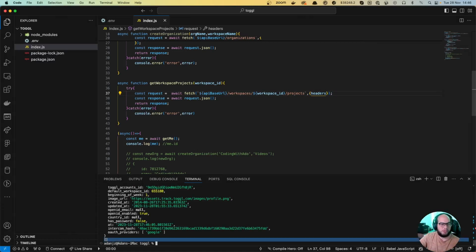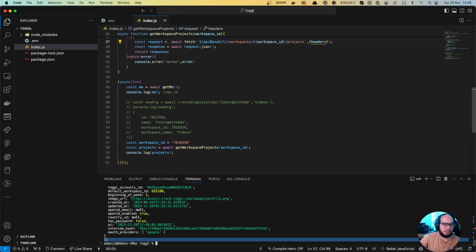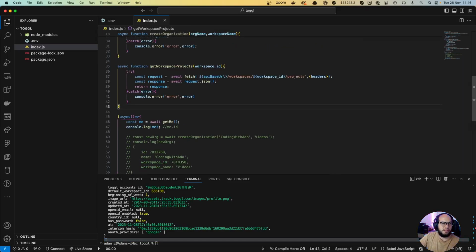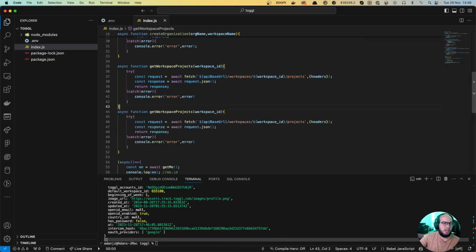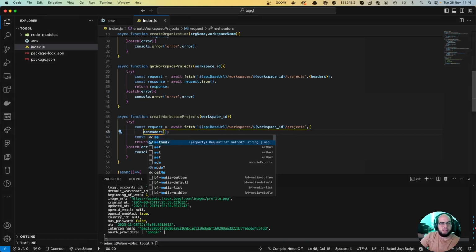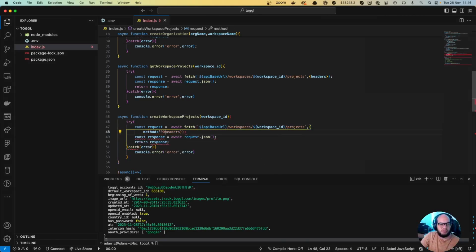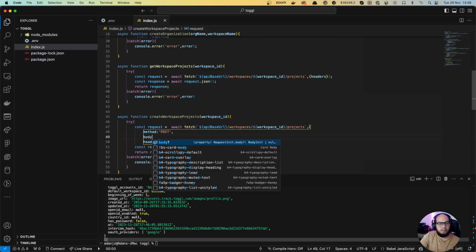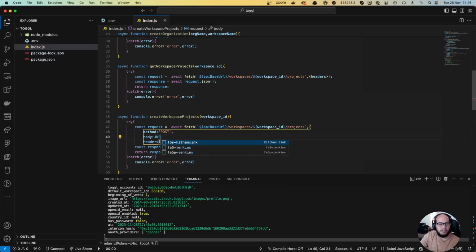Perfect, there's no projects. So we need to create a new project, right? So in order to create a new project, it's going to be pretty similar. So we can copy this and paste it. And we're going to do create workspace projects. It's still going to be in here, but our object is going to be first the method. It's going to be post because we're creating a project in the workspace. Okay, and the body is going to be a